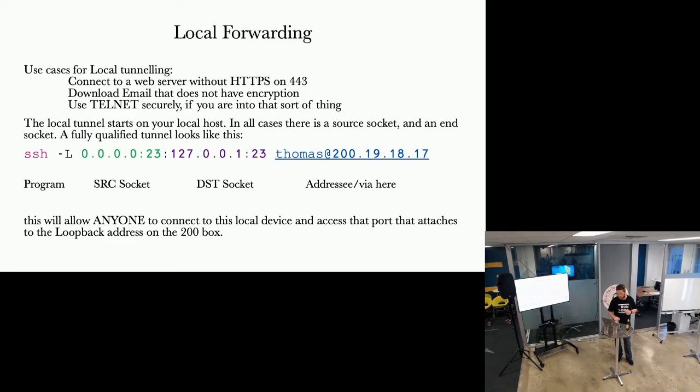So most tunnels that are established omit the full socket, like I was saying earlier in the original slide, but it has the same effect. If security is an issue and you don't want the default 0.0.0.0 port 23, you can bind that first address to a specific address, being your private IP address or your localhost. It's pretty much the same thing.